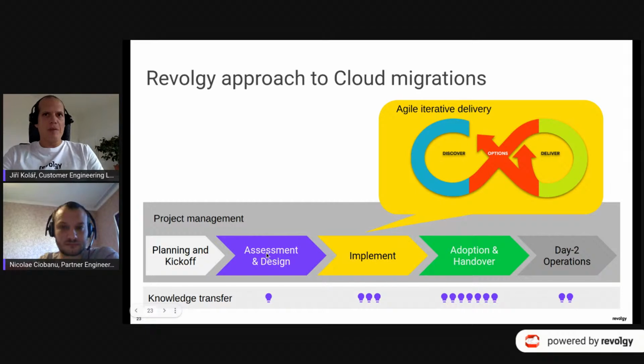Then this is the assessment part. In this part, we are usually heavily doing discovery, trying to find information from the customer, trying to understand where he is. We ask many of the questions which I mentioned in the previous slide, and we are trying to gather information on where the customer is.